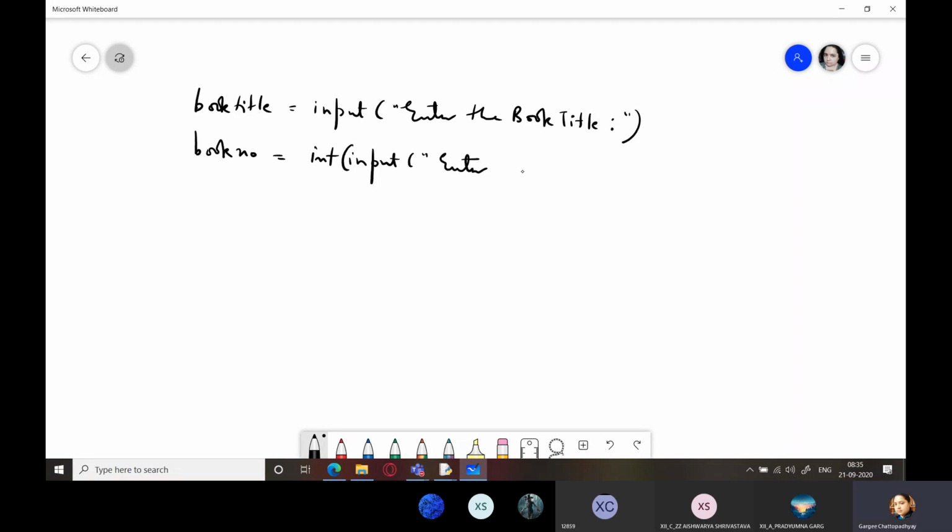Now students, book number is entirely your choice. If you are including any characters in book number, making it into an alphanumeric string, then you have to remove this int. I am assuming that book number is all integers. That's why I have used int over here. Then price.